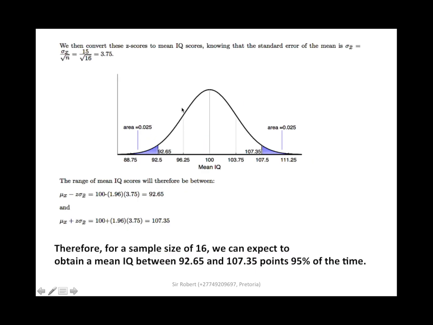So now that we redraw our graph like this, we convert the Z scores to mean IQ scores, knowing that the standard error is equal to standard deviation divided by square root of n. Standard deviation is 15, square root of n is square root of 16, so you get 3.75. So this is your standard error. So now, for you to get the mean IQ score, it will therefore be between